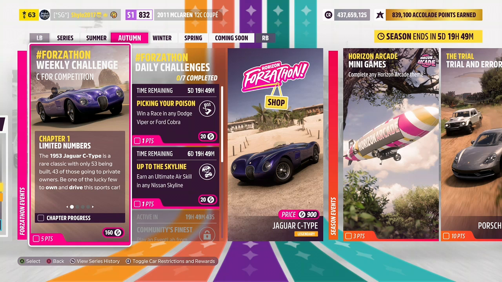That is if you own a La Casa Soliguera house, which gets you double Forzathon points in any Forzathon related event, including the Horizon Arcade, where of course you get Forzathon points as well. So if you don't own that house, which I'd recommend you do by the way, you'll only get 80 Forzathon points for this. So for this weekly challenge, for Chapter 1 limited numbers, you need to own and drive the